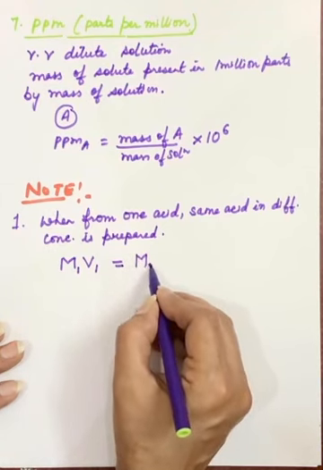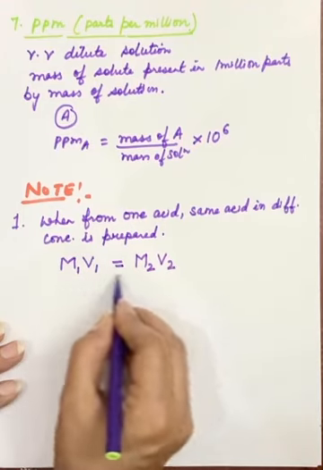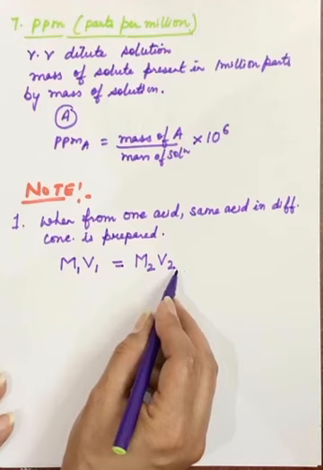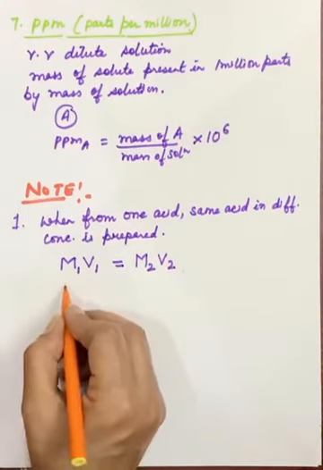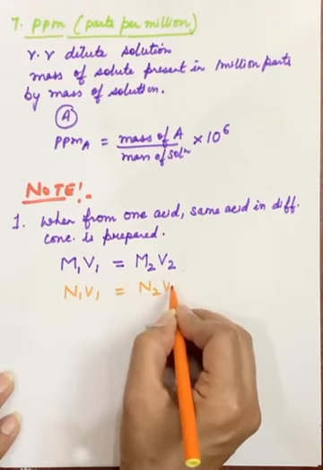What is its molarity? Multiply with the volume. Using this equation we can find out 3 terms. If we know these, the fourth one we can find out. And similarly, in place of molarity, if normality is mentioned, then we can replace molarity by normality and